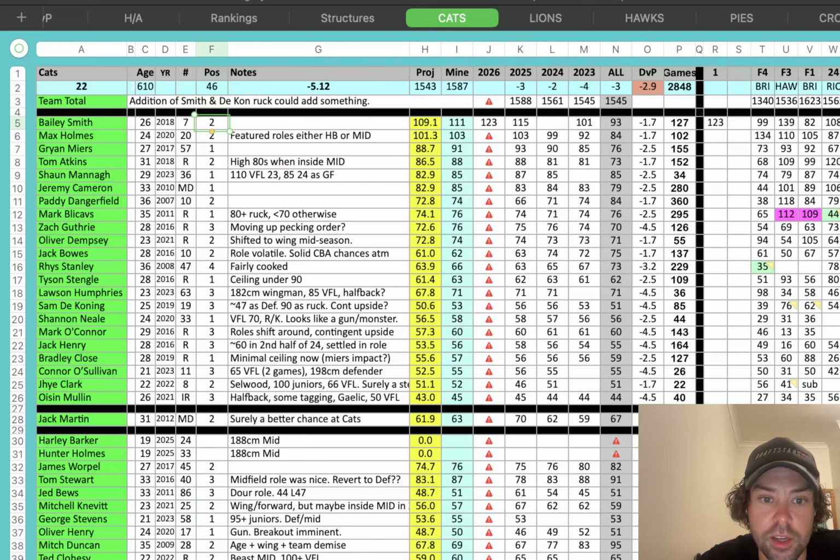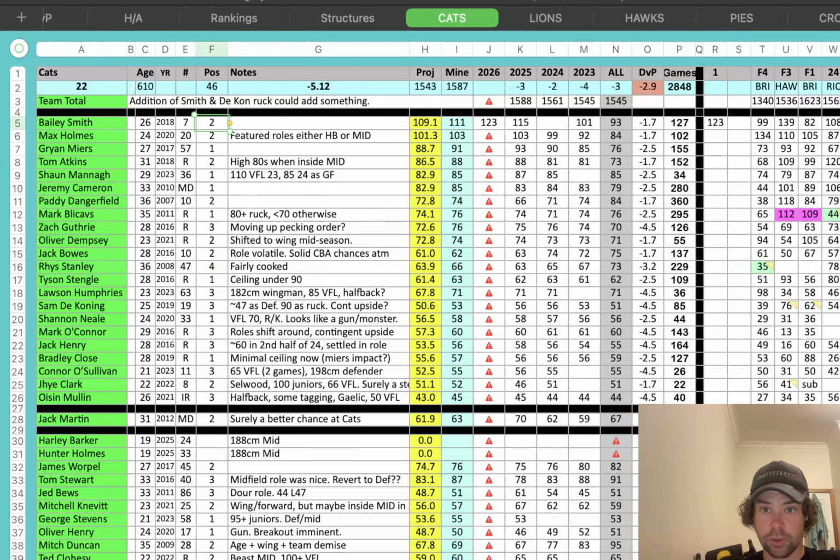So every week for the 22 that are played, and I'll have to adjust this year because we're going to have 23 in the team, each week I pick 7 forwards, 7 mids, 7 defenders, and 1 ruck. That's just how I set it up every week. So this number up here has to add up to 46. Midfielders are 2, forwards are 1, defenders are 3, rucks are 4.